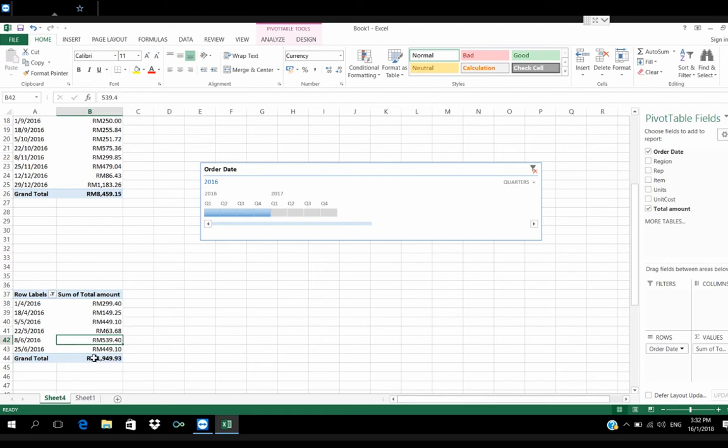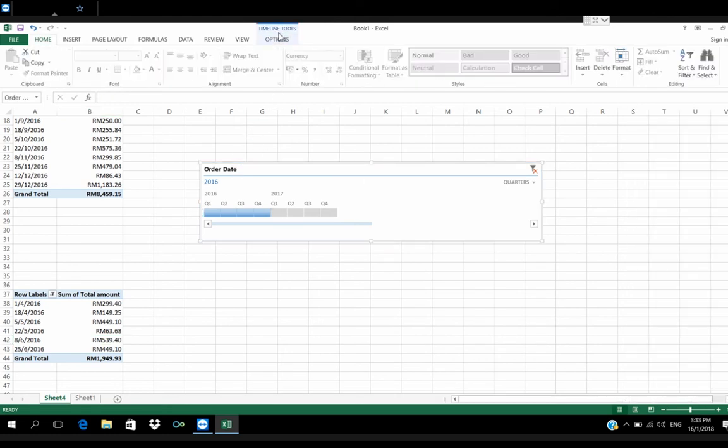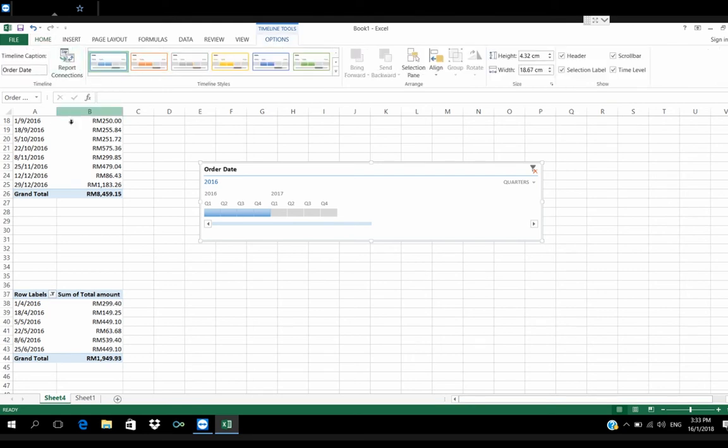It just shows like this, and you can see this table is the second quarter table. By using the pivot timeline tool, under Report Connections, unticking the other table is a very useful functionality.